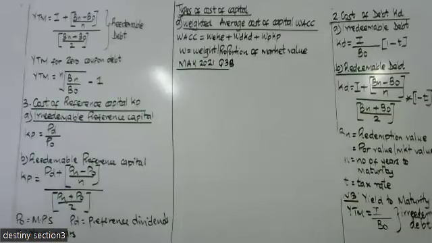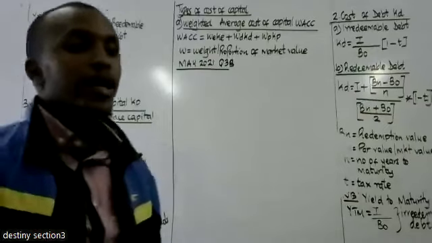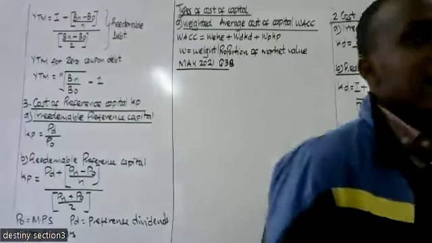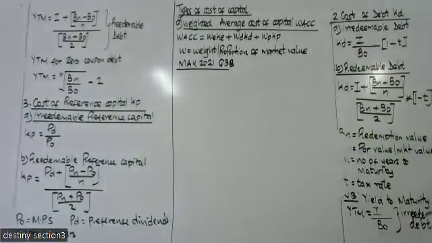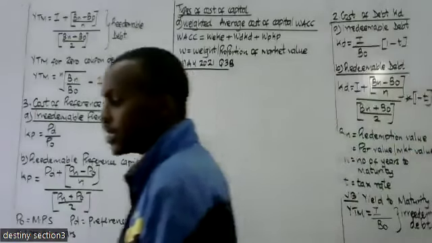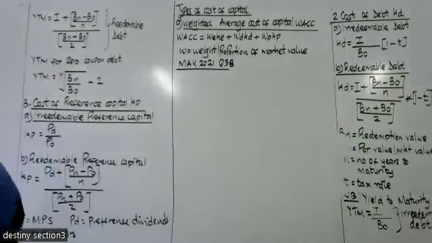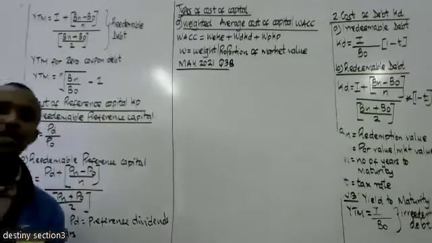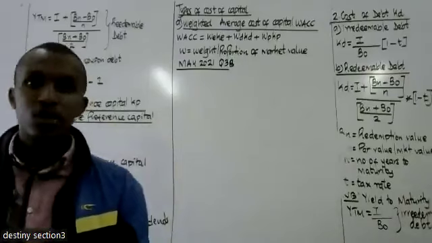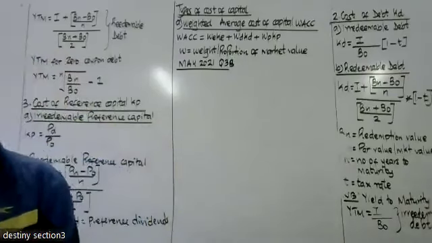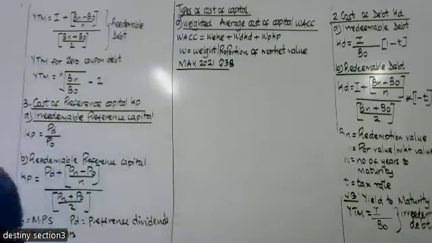Now the cost of capital here simply represents the minimum required rate of return that an investor will be guaranteed for them to agree to invest in your company, or that a financer will be guaranteed for them to agree to provide funds. For example, if you're selling shares in the securities market, you must guarantee them a certain minimum amount. You tell them, on average, we will be giving you a return of 8%